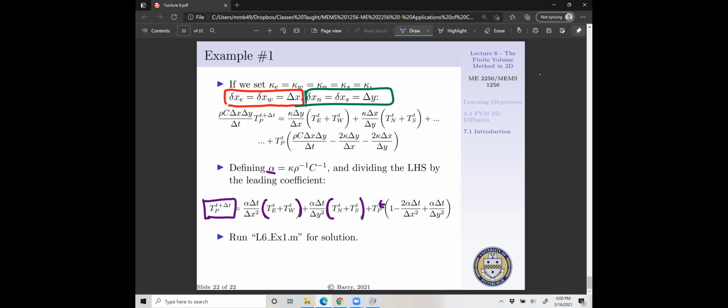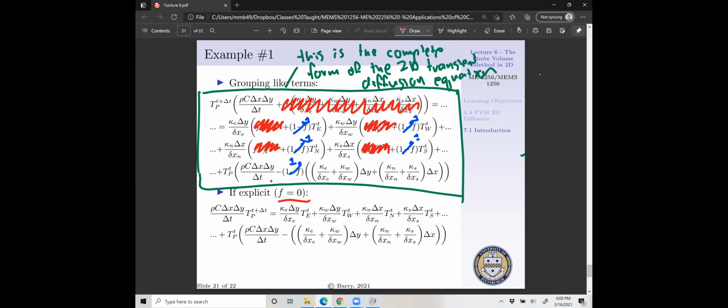Evaluated at our previous iteration level, times the quantity 1 minus 2 alpha delta t divided by delta x squared. And somehow I lost minus 2 alpha delta t per delta y squared. So I'll make all those little typographical changes. My bad. This is just too much to type up in LaTeX in one sitting. But that's a solution. So with those assumptions and picking an explicit scheme, we go from something that looks like this,